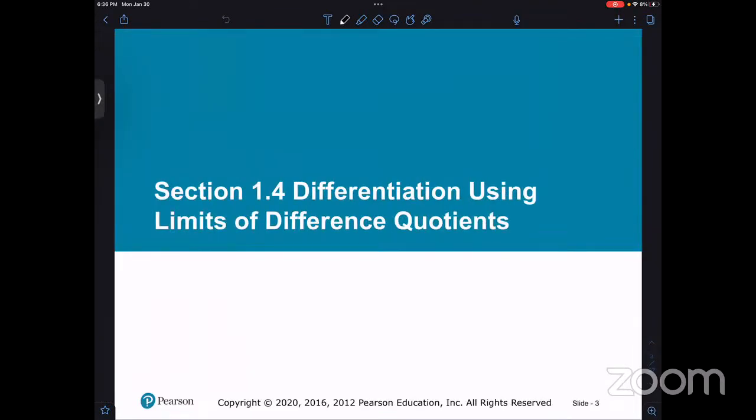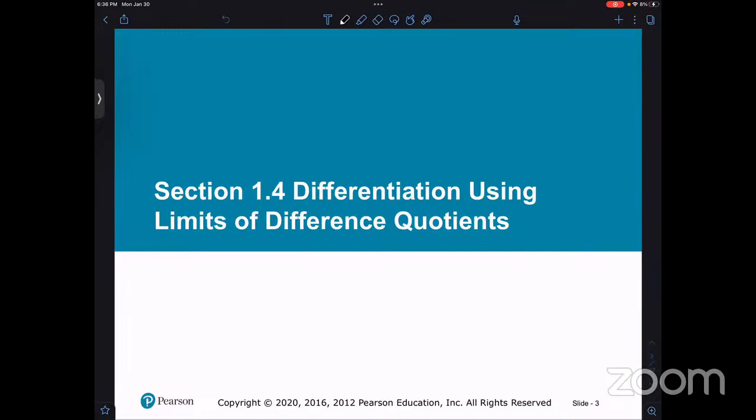Section 1.5, differentiation using limits of difference quotients, right? So in that last section, we saw some examples with the difference quotient, right? The difference quotient is just the slope between 2 points. It's just a different way of expressing it. Instead of saying x1 and x2, x2 is generated by adding some change to x1, and we find the corresponding y's, find the slope, right?